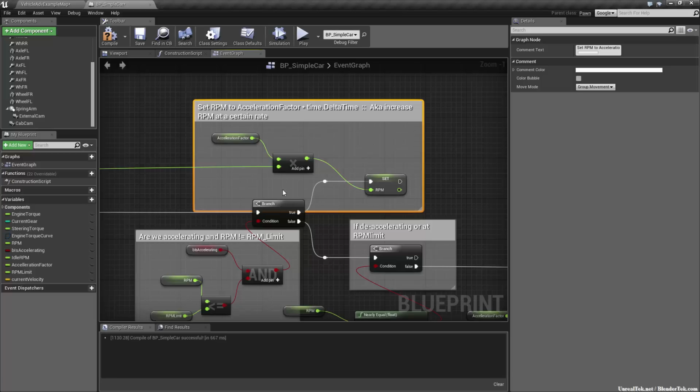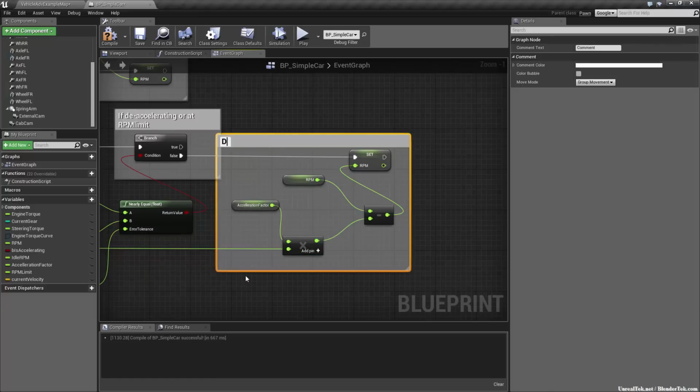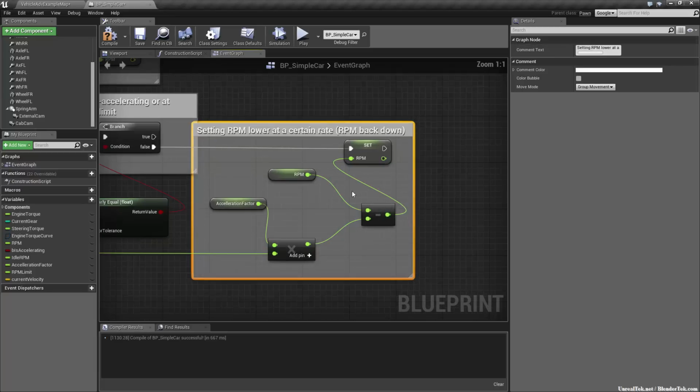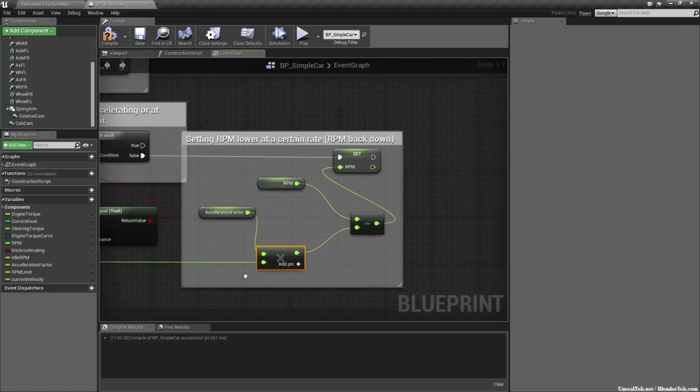And you can change that rate, by the way, with your acceleration factor. So what we're doing here is setting RPM lower at a certain rate, RPM back down. So we're going to set RPM to RPM minus acceleration factor